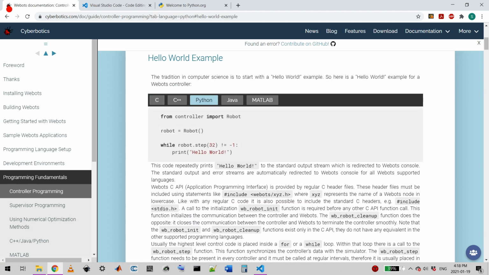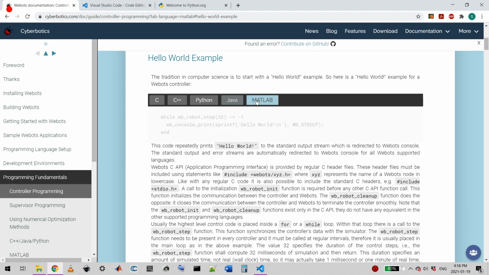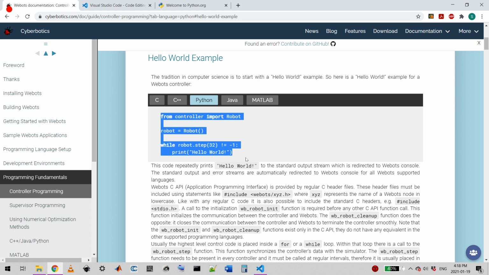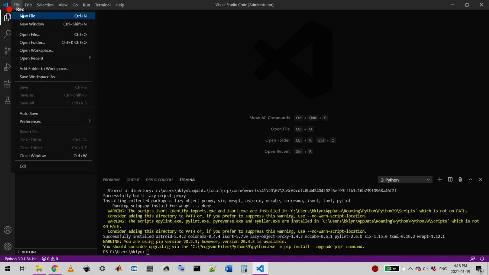So what I did is I just went and copied the Python version of that. You can click on the different tabs to see in different languages what this example looks like. So for Python, I basically highlighted that, Control C, copy, and I went into Visual Studio. You can go in your file